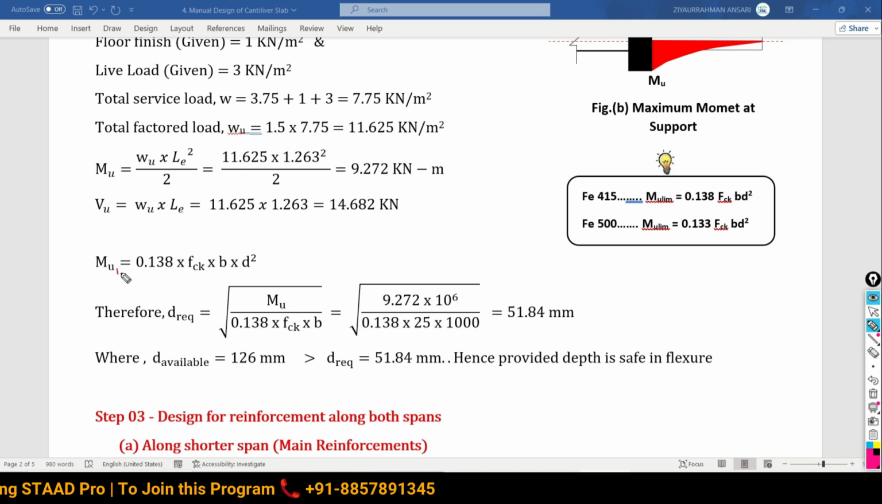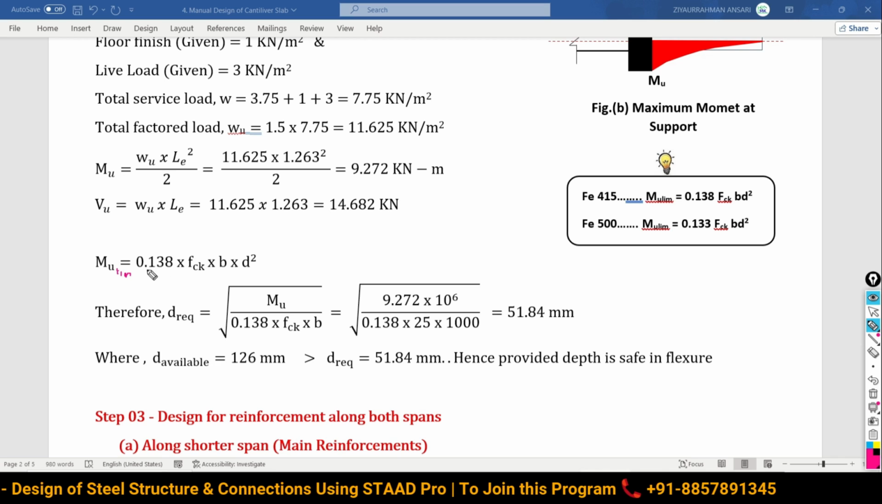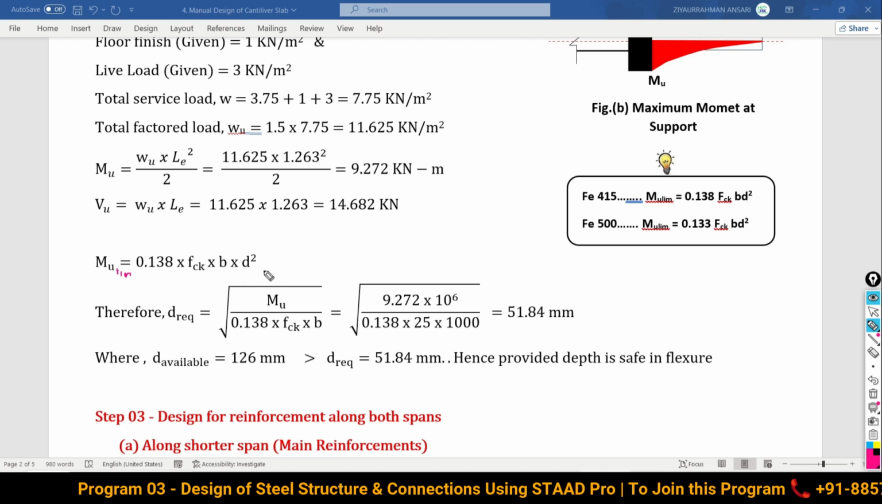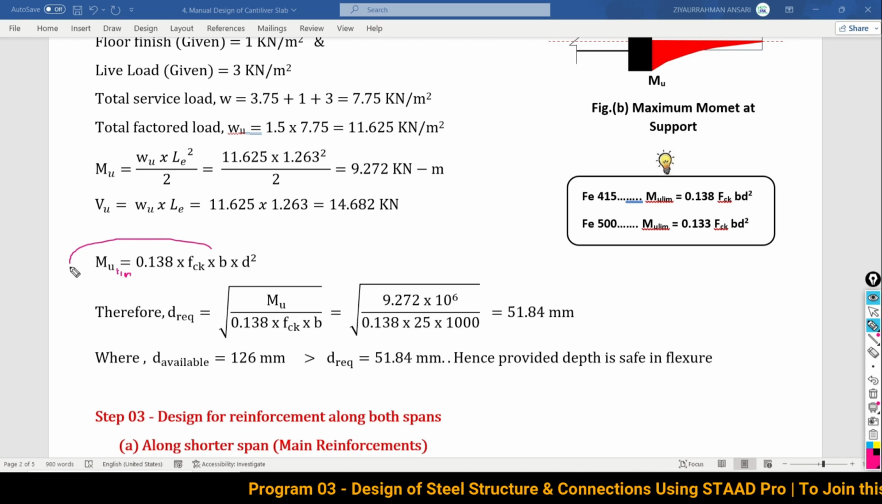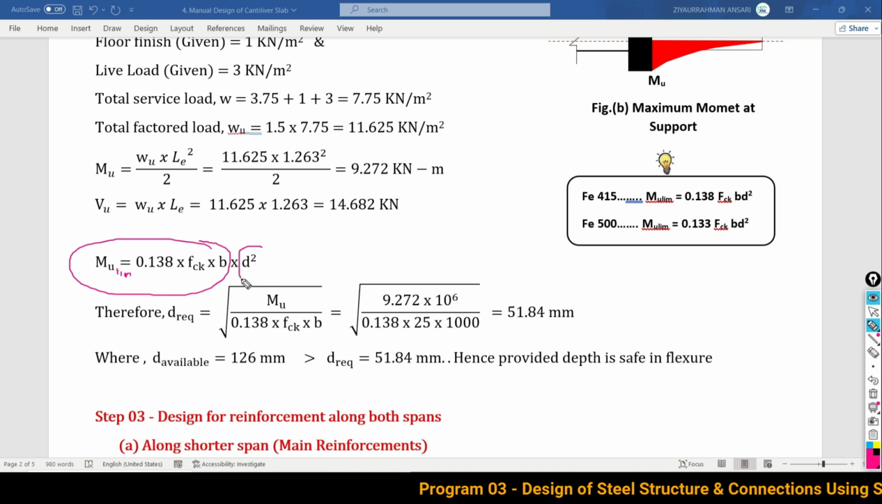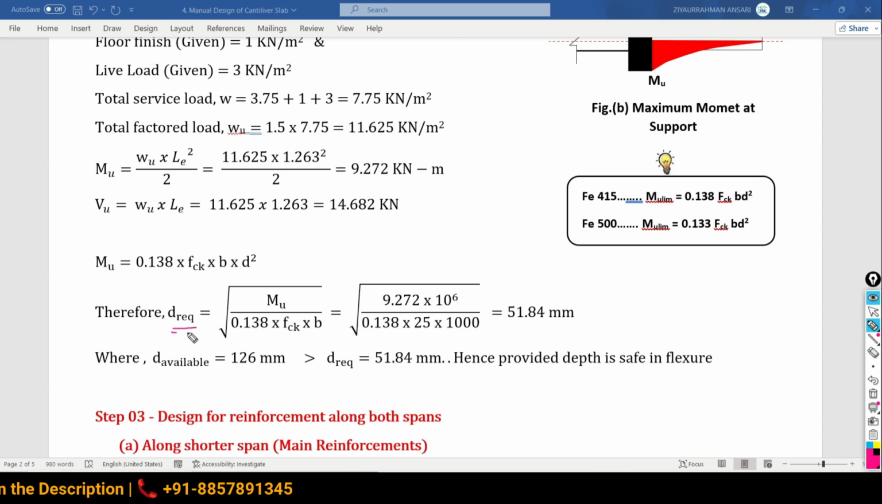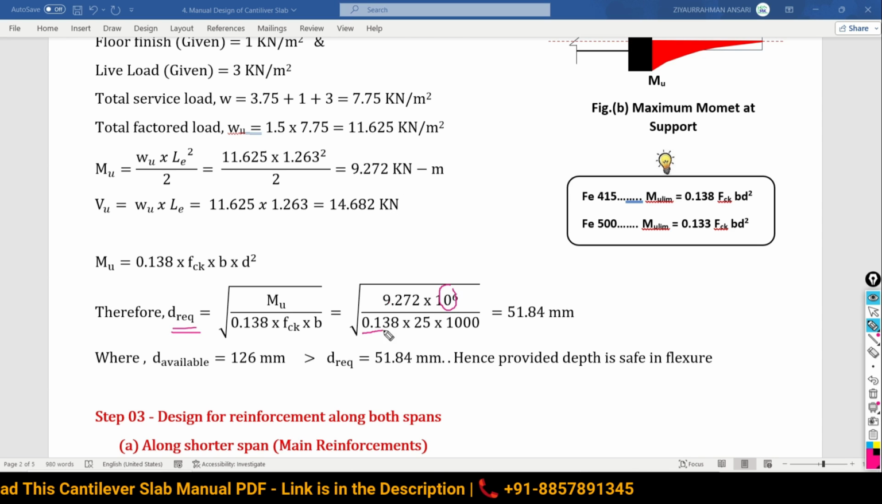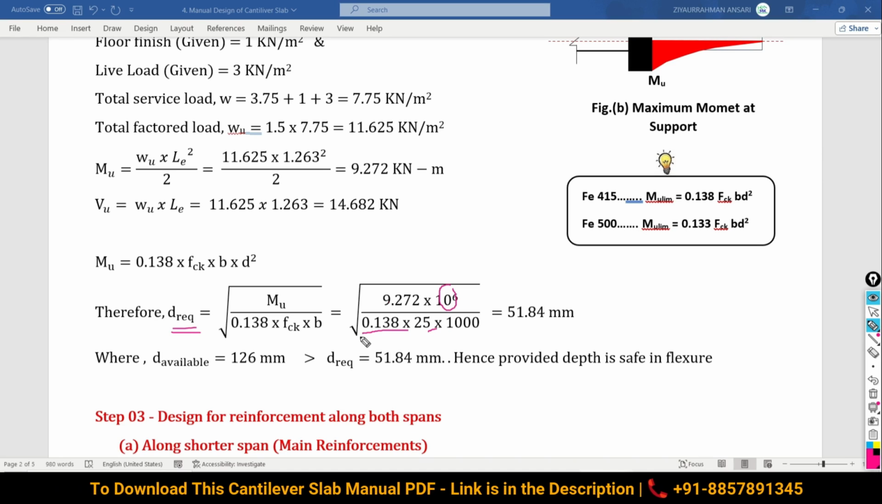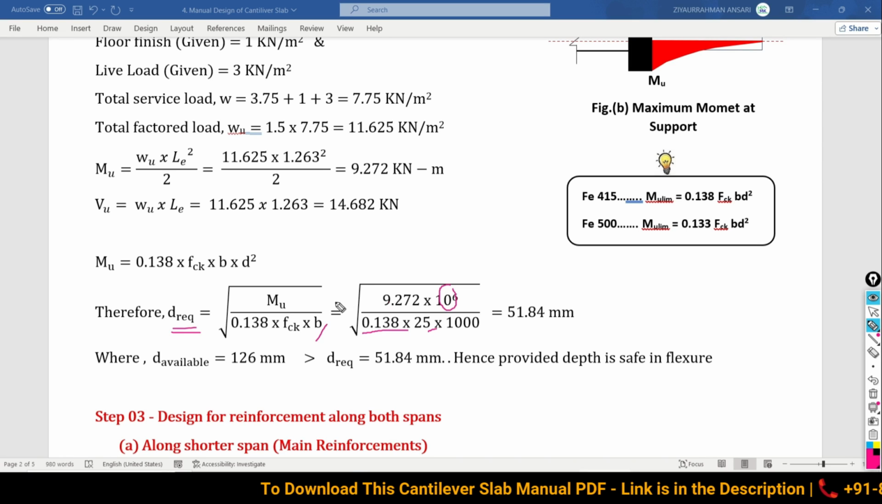These are the limiting capacity, Mu limiting. The maximum capacity of the section to resist the moment will be 0.138 fck b d square. So from this formula we are going to find out the effective depth. The effective depth required, we have already provided the effective depth. Now I want to see, to resist this much moment which is going to be developed, how much effective depth is required. So 9.272 into 10 raised to 6 divided by 0.138 into 25, and per width of